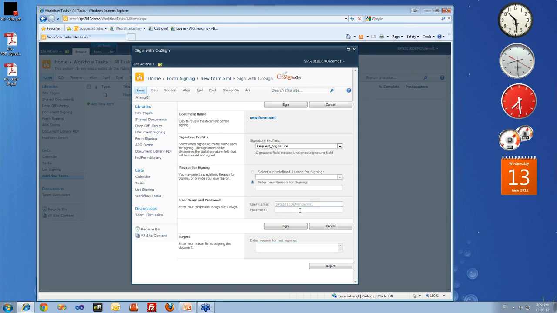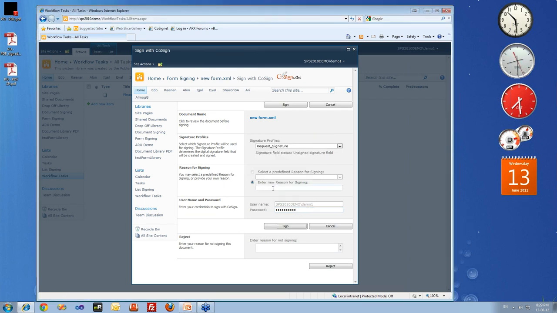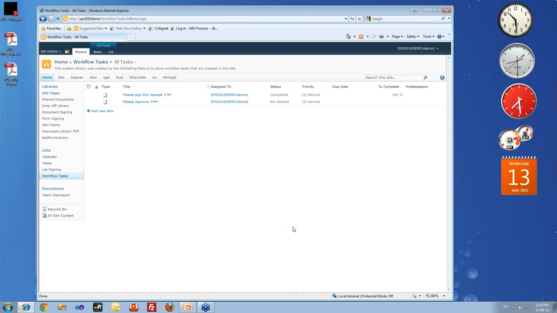So I will provide my username and password for this account, click on the sign button, I will need to add a reason. So let's say, please approve this document, or a form in our case. We'll click the sign button, and this will sign the document, and it will create a new task for the